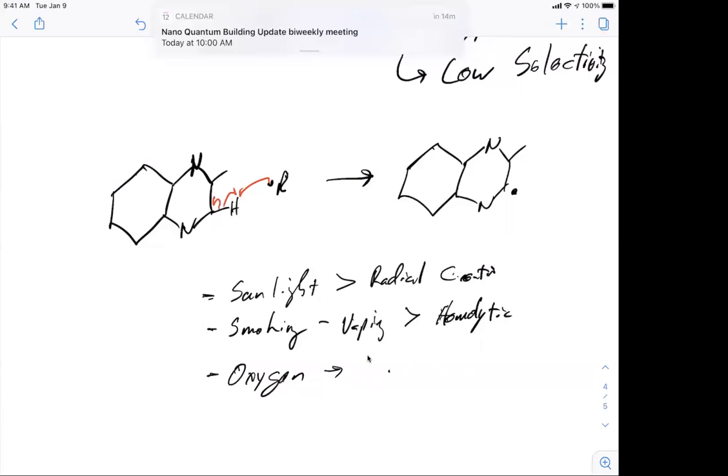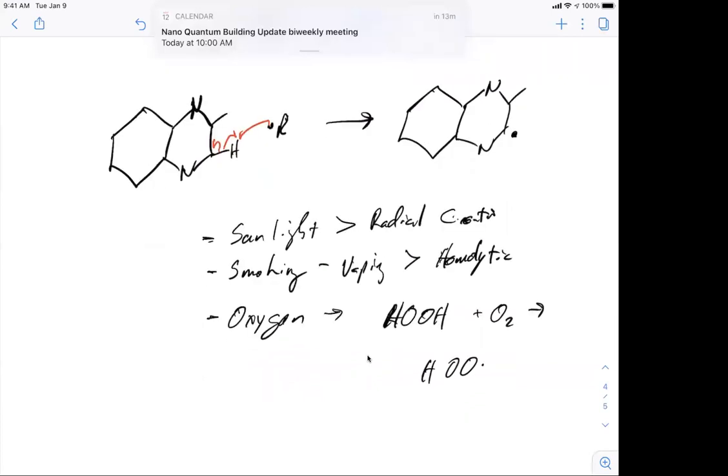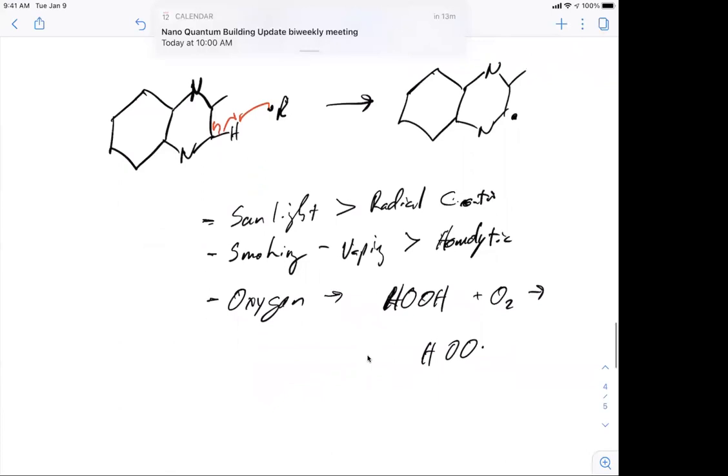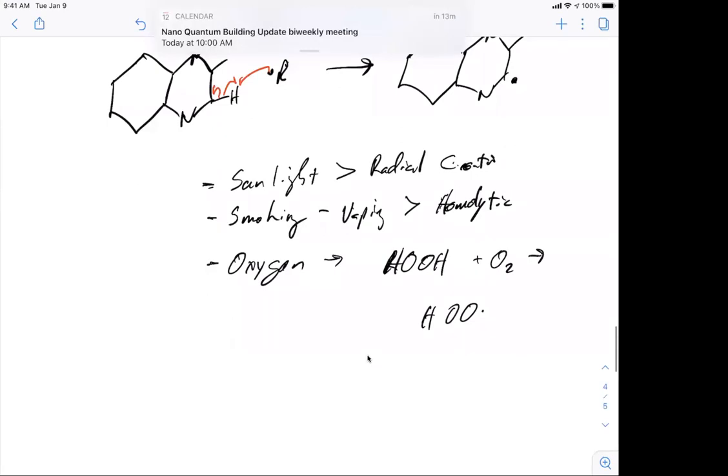So if you take hydrogen peroxide in oxygen, what you can end up doing is forming these radical species. And then you potentially can even form superoxides, rare, but you can do them. So that's one of the reasons that when you look at